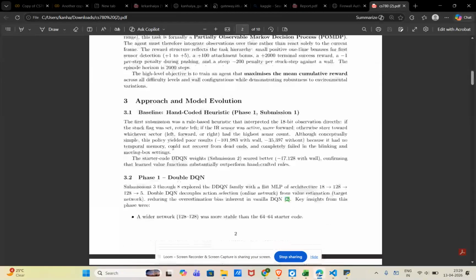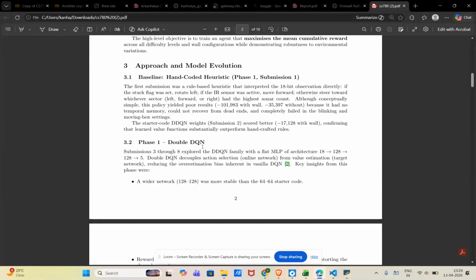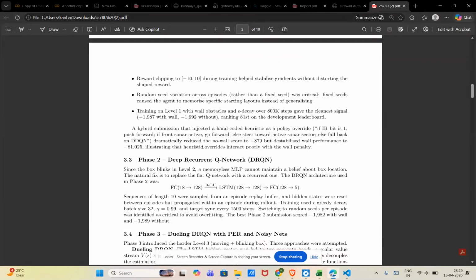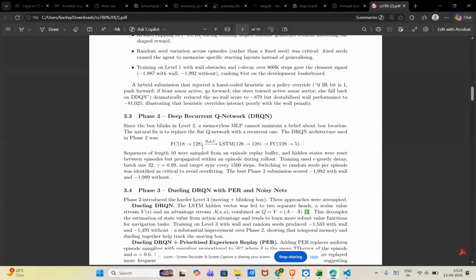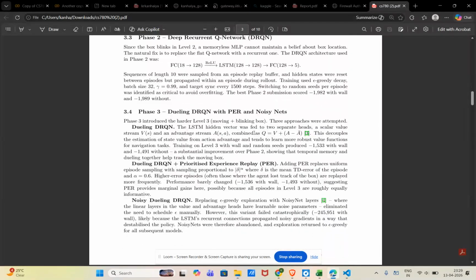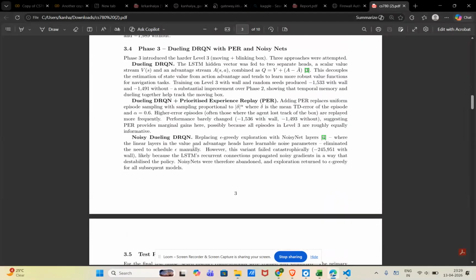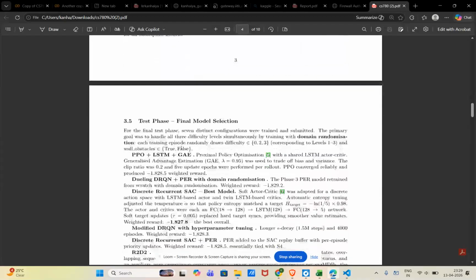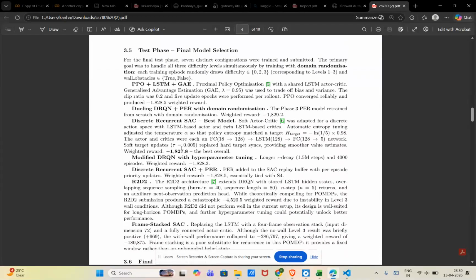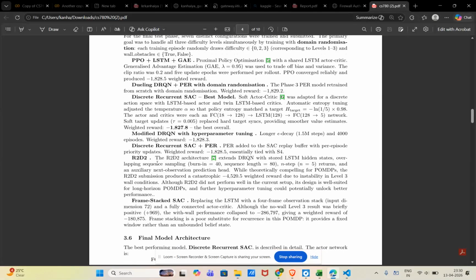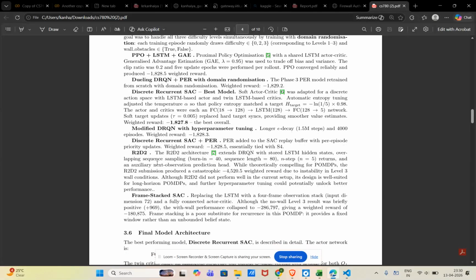I started with a simple heuristic approach and progressively improved the model, through DDQN first. Then I moved up to DRQN, then dueling DRQN with rotated experience replay. I also added noisy nets with DRQN and dueling DRQN. Then I went to some actor-critic methods like PPO, GAE. Then I also used SAC, discrete recurrent SAC, and found it